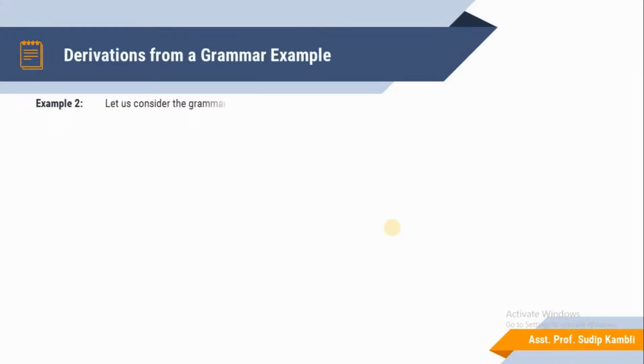In the next example, we explain a second example of a derivation from a grammar. So let's consider another grammar, G2, where S, A and B are non-terminal symbols, a and b are terminal symbols, and S is the start symbol, and three production rules are defined. S derives AB, a combination of non-terminals. The second production rule is the non-terminal symbol A derives a, and the last one is B derives b. So using these production rules we generate strings. Some of the strings that can be derived are shown here.